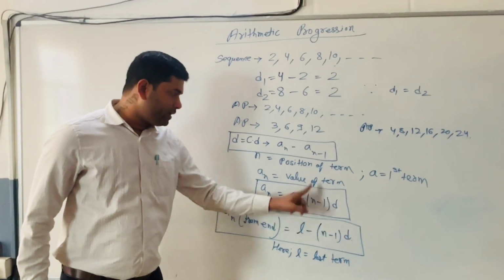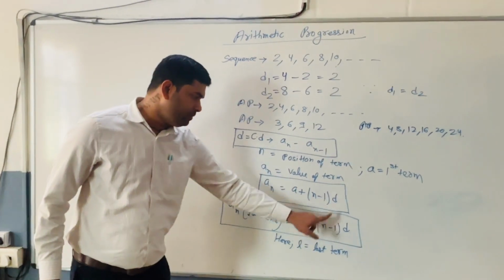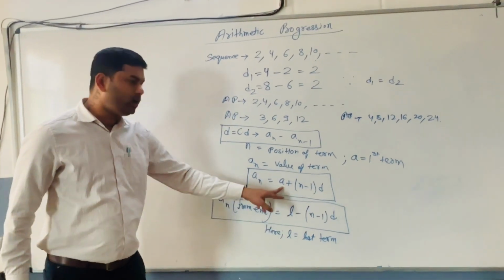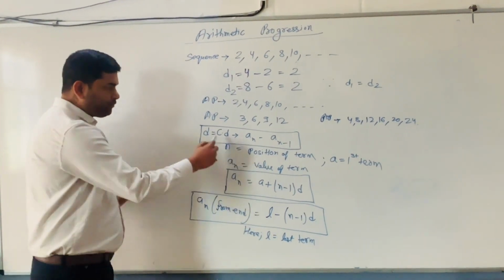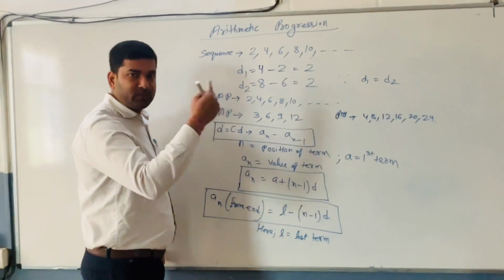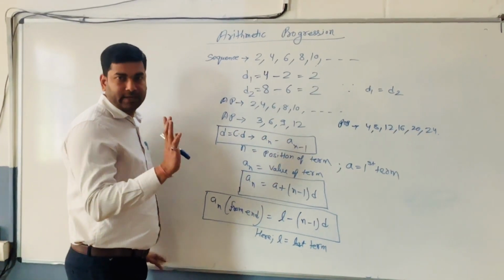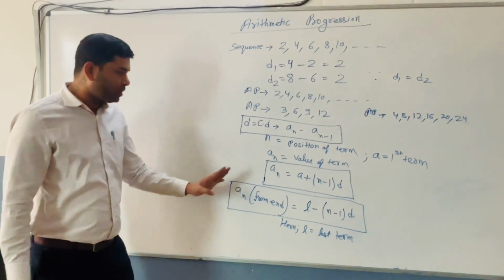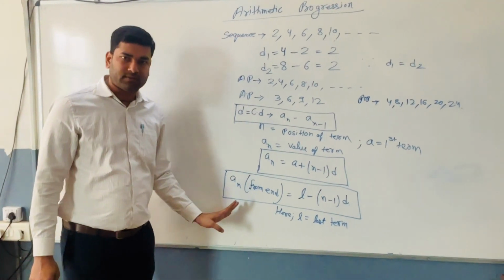And for both, as I have already talked about, n is the position of the term, d is the common difference, l is the last term, a is the first term. And for finding the common difference, the formula is what? We have to subtract any term with its preceding term, and that must be constant. Here the value will become constant. So two formulas, based upon this we are going to solve some of the questions.